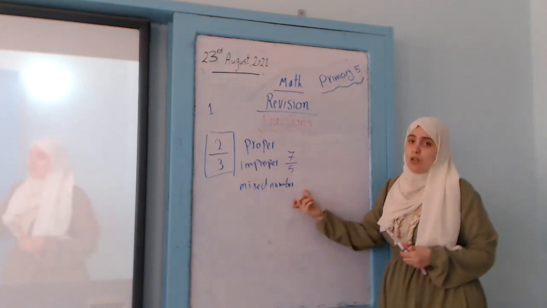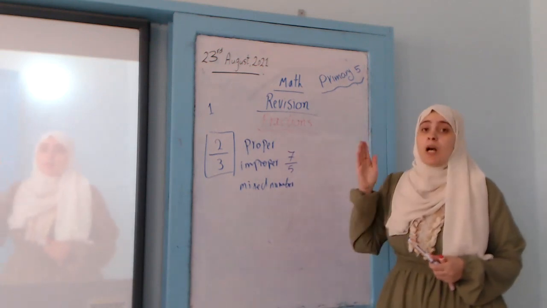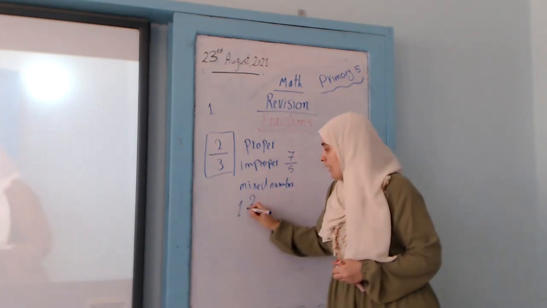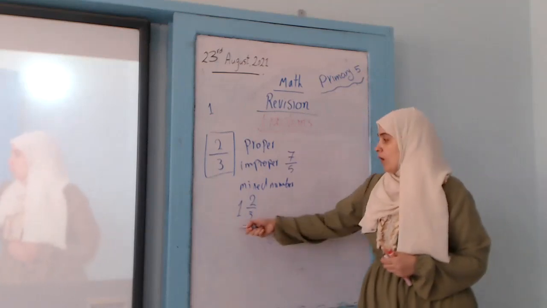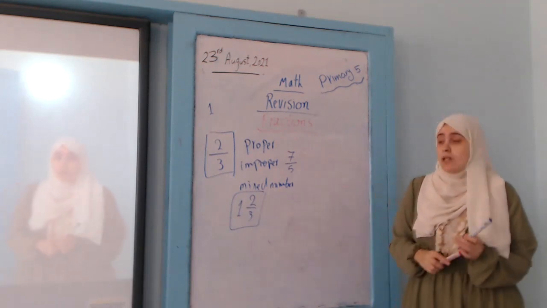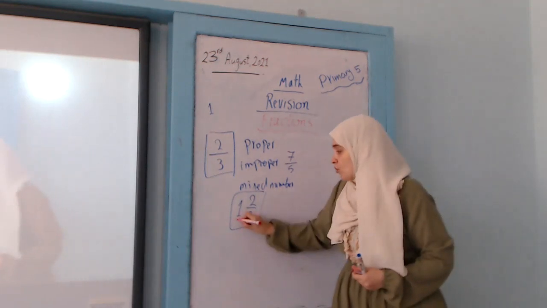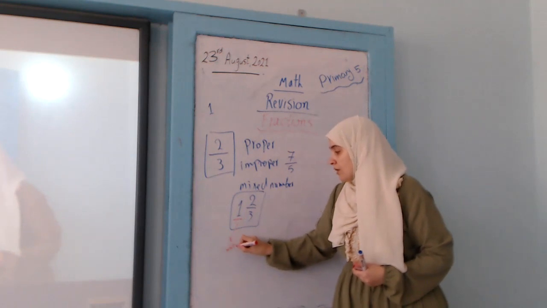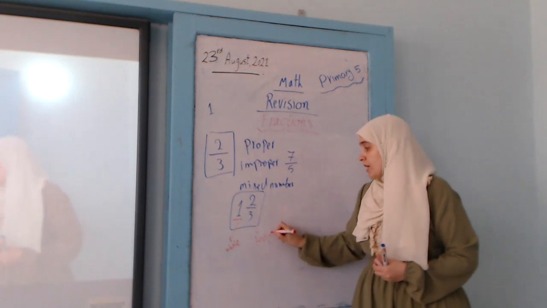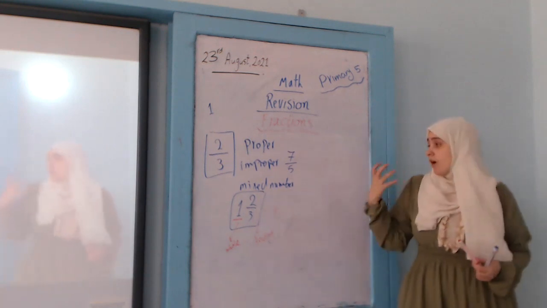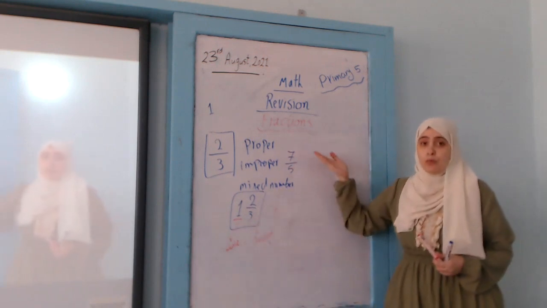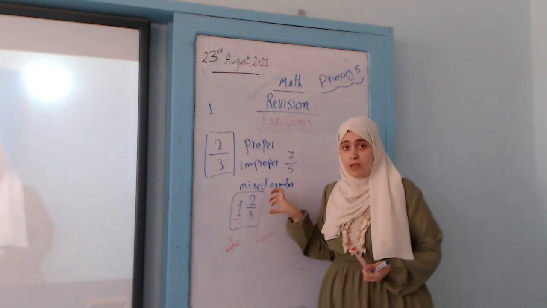Okay, a mixed number consists of 2 parts, a whole number and a fraction. It's like 1 and 2/3. It's considered a mixed number because it consists of 2 parts. It's 1, a whole number, and 2/3, a fraction. Okay? If I'm asked to convert this mixed number to an improper fraction, I must do these